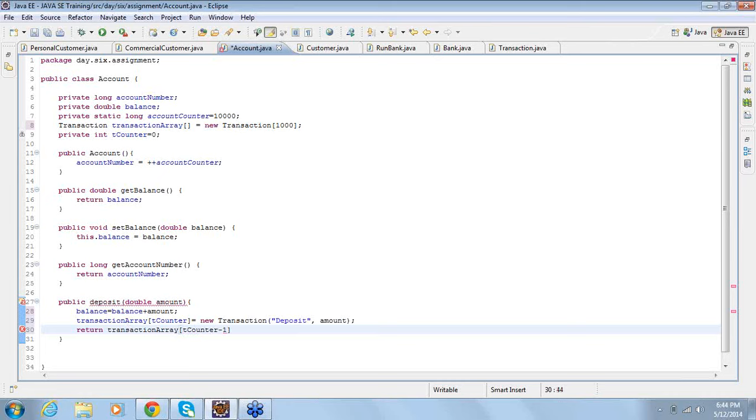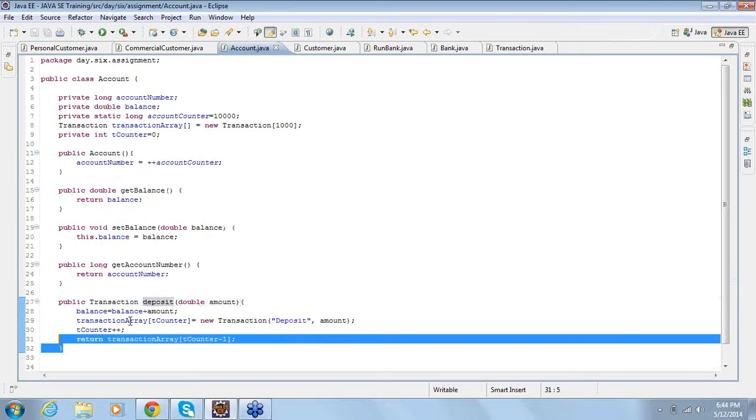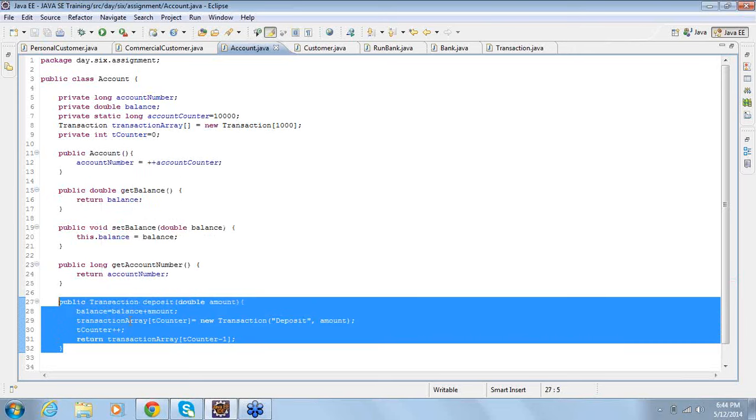I just want to tell the customer that this is your transaction type, this is your transaction ID. Just return a transaction object. The similar case with the withdraw.